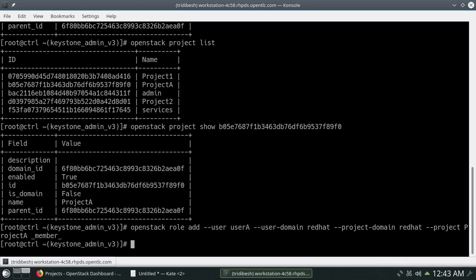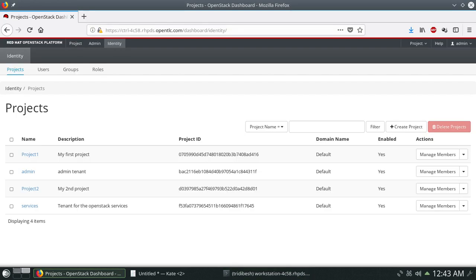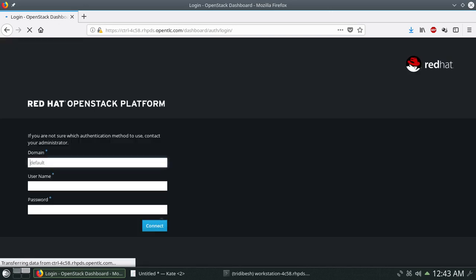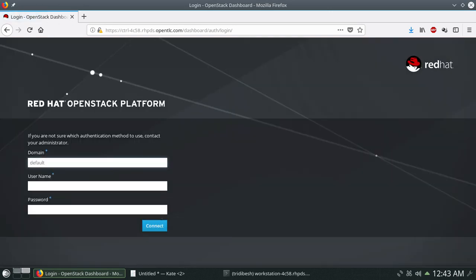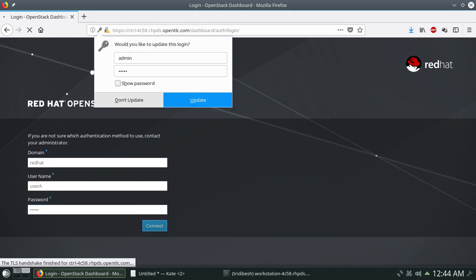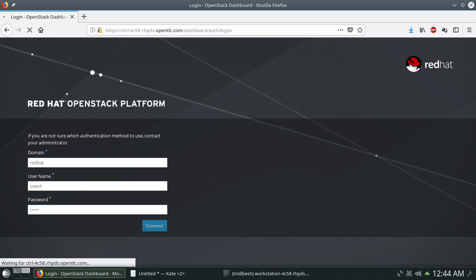Now what we will do, we will cross verify with that particular user. I will try to log in and we will see whether we are able to log in to that user with that project A, and let's see how it comes. So domain we will put as Red Hat, and then user A, and then password for user A. So let's try to connect.